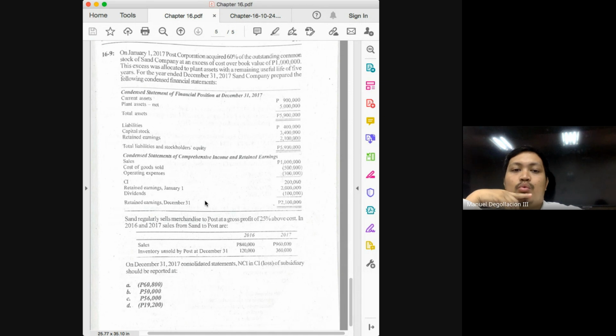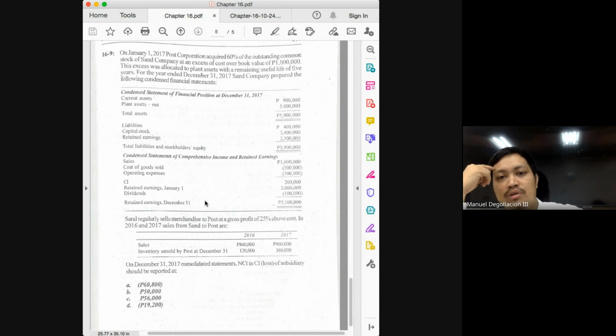Okay, but of course, we should begin with the income of the subsidiary. How much is the income reported by the subsidiary? It is 200,000. In the previous chapter, what was the source of the adjustment, class? It is the amortization of the excess. And we have already explained that before. Why will there be a need to adjust the income of the subsidiary in case there is an excess? The brief explanation is that the consolidated entity does not agree with the reported expenses by the subsidiary. In the eyes of the consolidated entity, the expenses, and by extension, the net income of the subsidiary, is misstated.